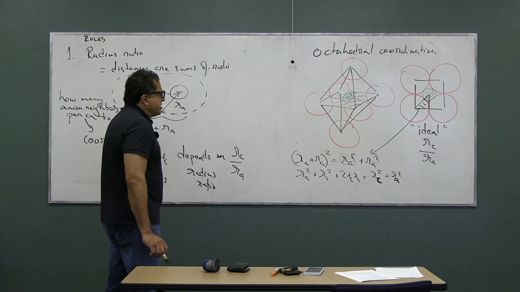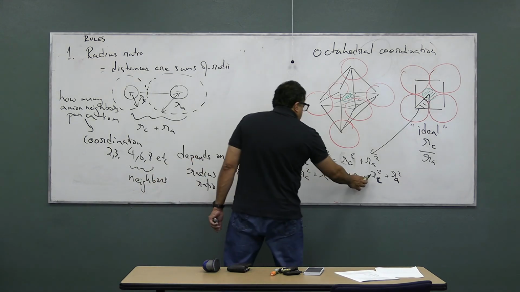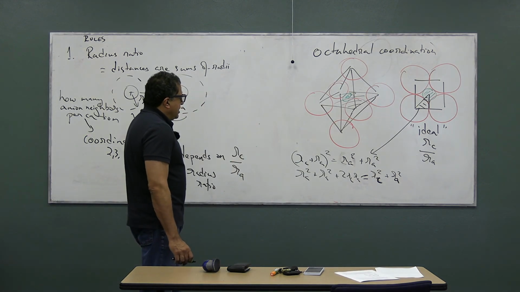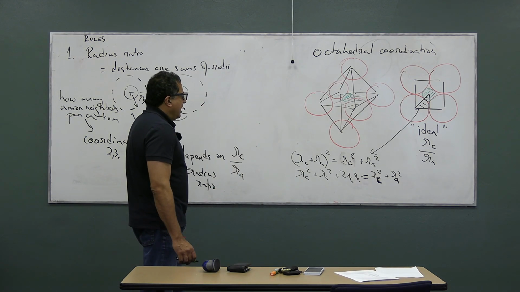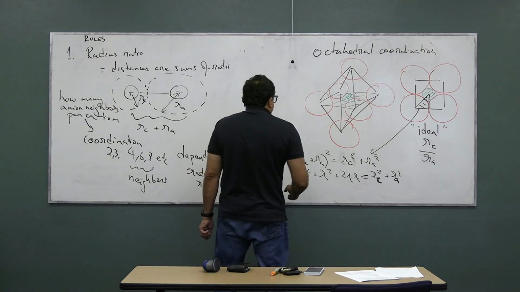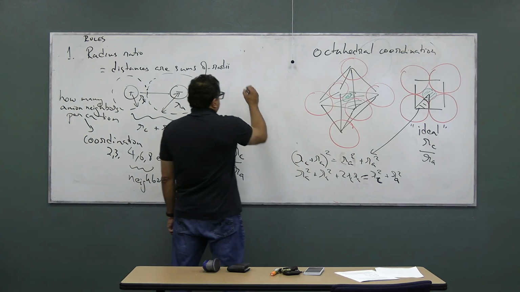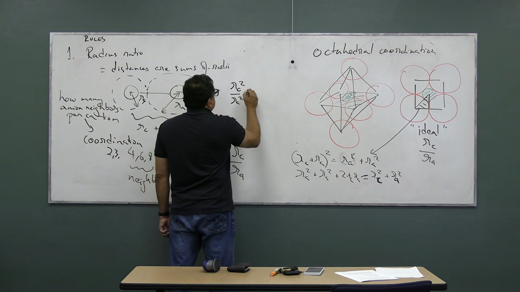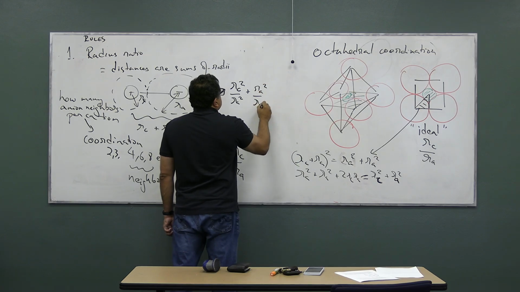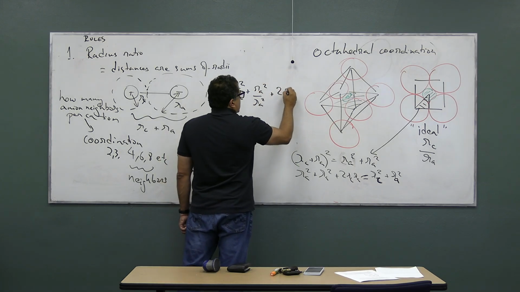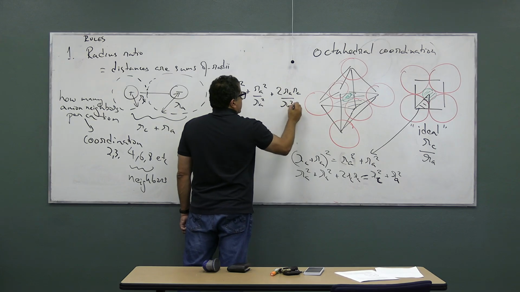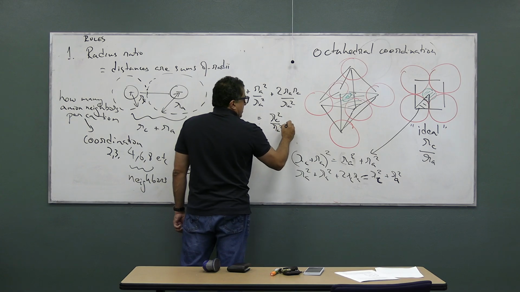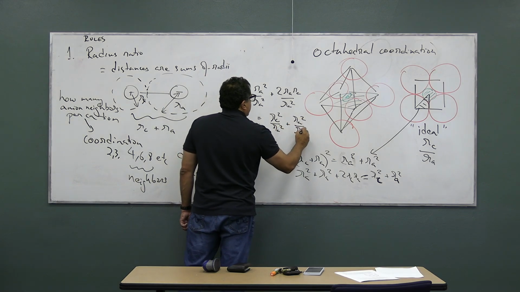Now, what we want is RC over RA, right? Let me try and divide everything by RA squared. So RC squared over RA squared plus RA squared over RA squared plus 2 RC over RA is equal to